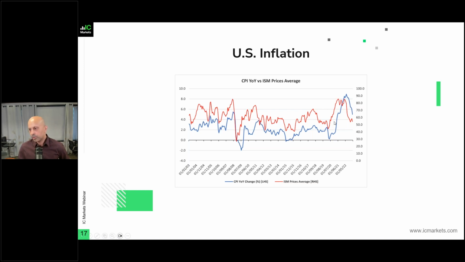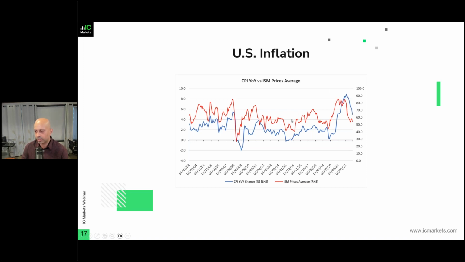It was only 2 to 3 months later that CPI readings started to rise sharply as well. And then ISM prices started to consolidate and peak in the middle of 2022 and started falling sharply, led primarily by the manufacturing sector, which then eventually fed into consumer price index readings, and that peaked as well